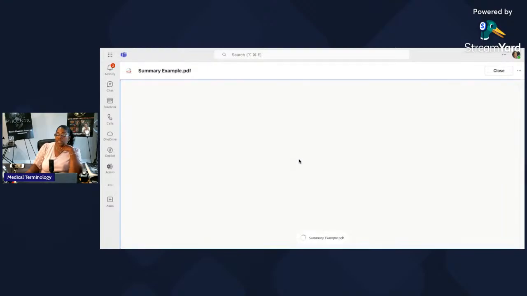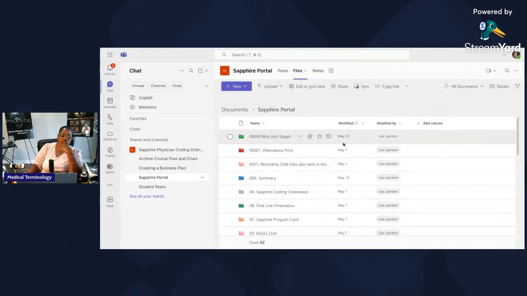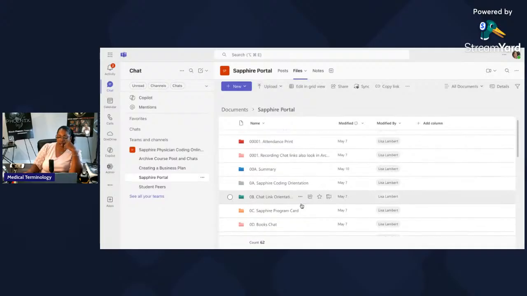I'm going to show you this because somebody asked me about it in the email. Let me make sure you can see this. This is ours. Nobody's copying this. This belongs to me. I own this website. If you're in the Sapphire coding class, my girls know they have to give me an essay for every chapter. For every chapter in medical terminology, she needs to tell me about basic word structure. This is the breakdown of how she's going to do her essay. This is just an example, ICD-10, but she's going to give me medical terminology. Her essay is going to be about medical terminology, and she's going to attach that to Miss Lambert. So my students have folders to give me what they need.